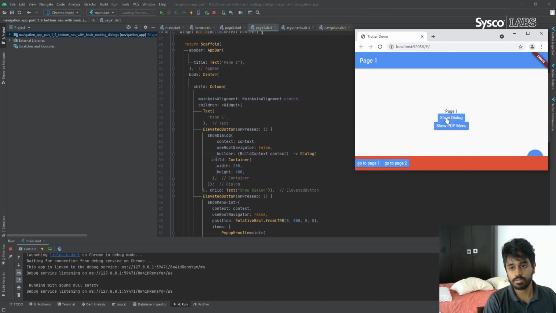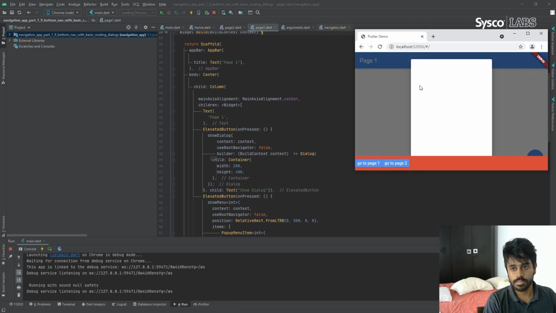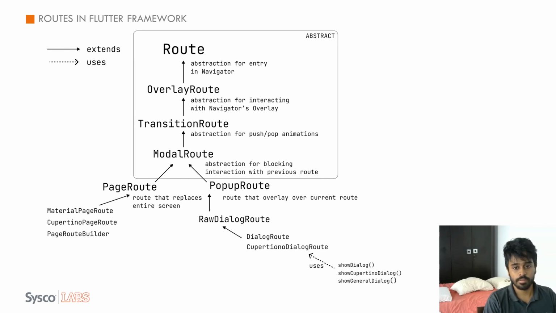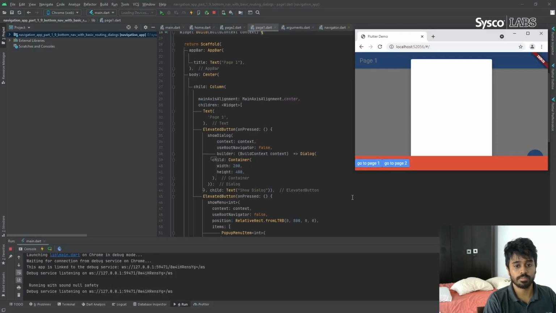So when you press the show dialog button, you can see that this dialog is underneath this bottom navigation bar but on top of page 1. So we are basically overlaying, using the pop route method here, over the current route, which is page 1.